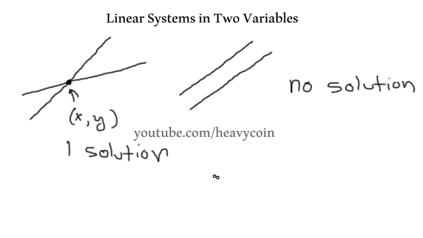Now we got another possibility, and that other possibility is if we had a line, and believe it or not, it's going to make sense, another line that's directly over the top of that line. So where do these two lines intersect? Well, they intersect everywhere, right? I mean, they intersect